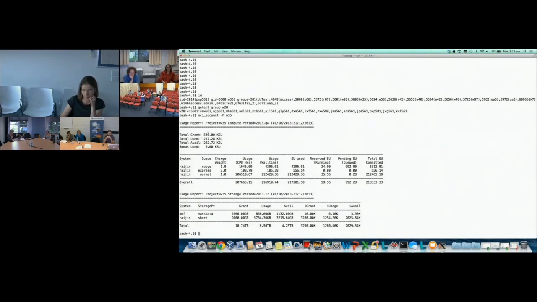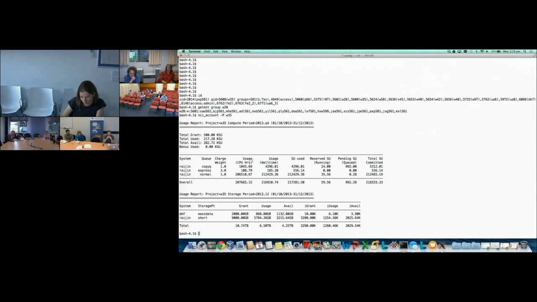So you can see what the total grant or CPU time is for this project, how much has been used, how much is available, and then if there is a bonus, normally the bonus starts once the whole allocation has been consumed and is pretty much automatically granted, but things might run a little bit slower when you get into your bonus. And then it lists here the different queues, which have a charge weight. So if you use Express, as you can see, it's free time,